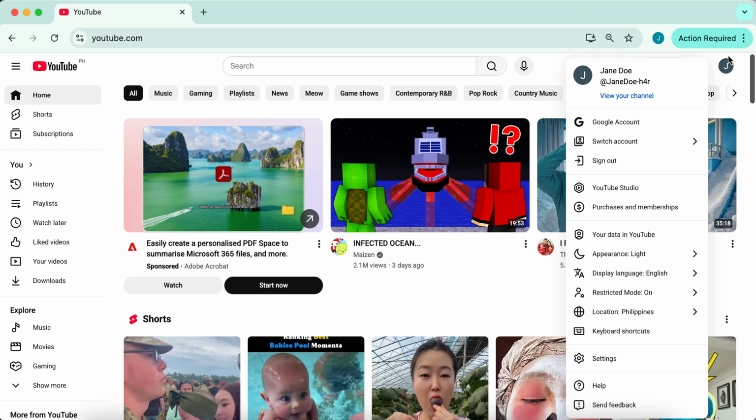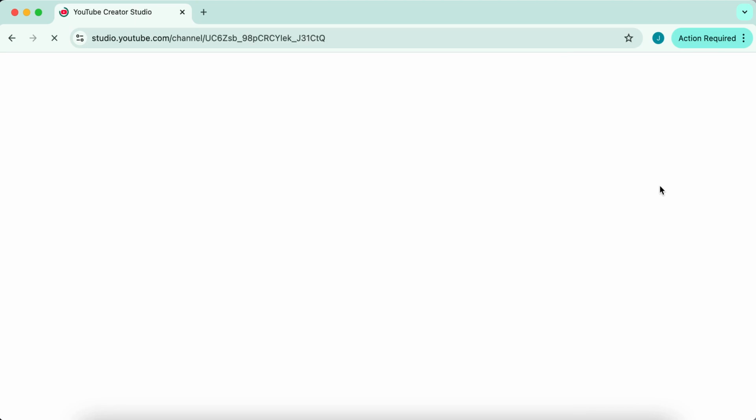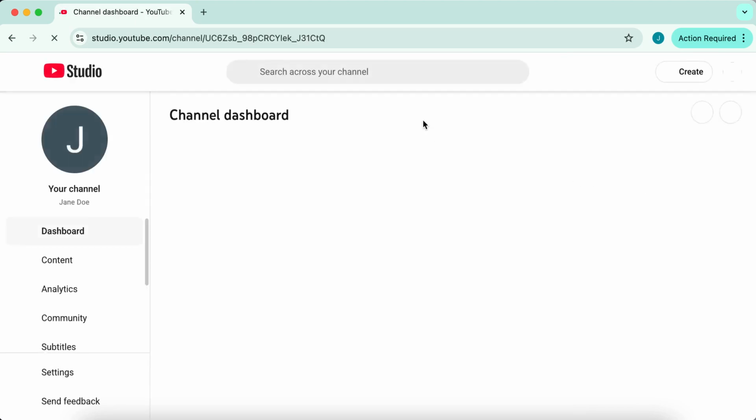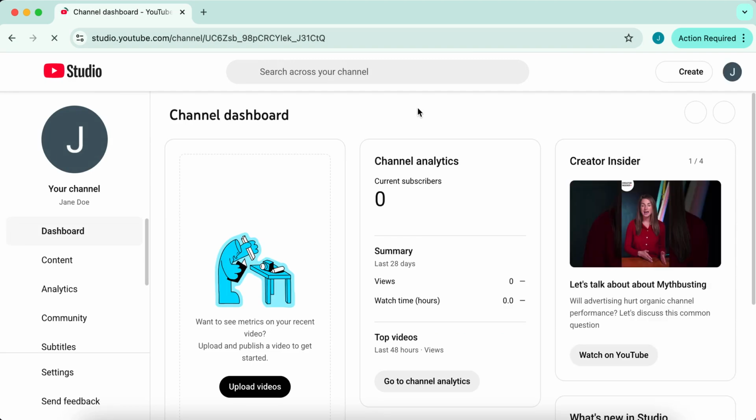In that drop-down, look for the option labeled YouTube Studio. It typically appears near the top portion of the menu, alongside options like your channel and account settings. Click YouTube Studio. The moment you select it, YouTube will take you to your channel's Studio dashboard. That's it, you're in. The dashboard gives you an at-a-glance view of recent performance, news, and helpful tips tailored to